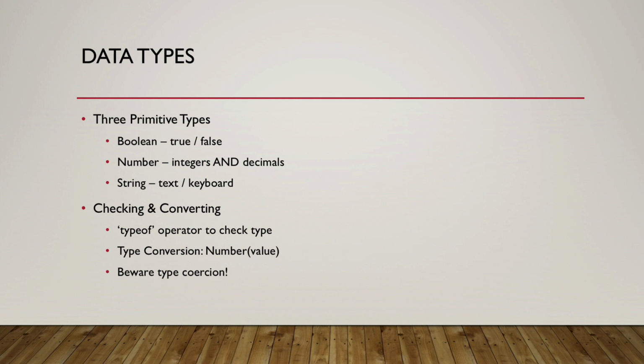With JavaScript, but really with all languages, you always want to be careful about coercion. Coercion is when the interpreter or the compiler actually tries to force your value to be a certain type. And usually when you get in trouble, it's doing that when you didn't intend for it to do it. I think this will all make a lot more sense if we just dive in and take a look at